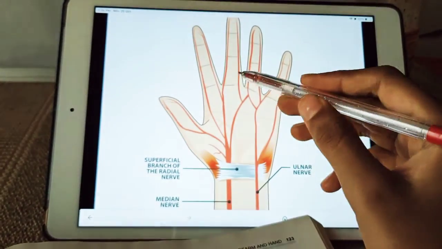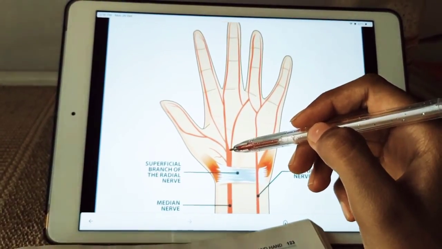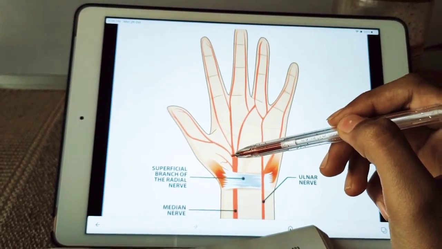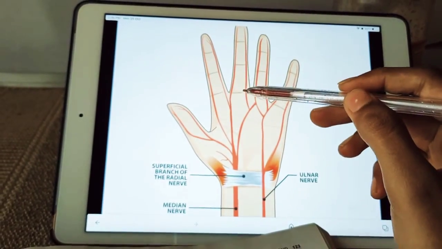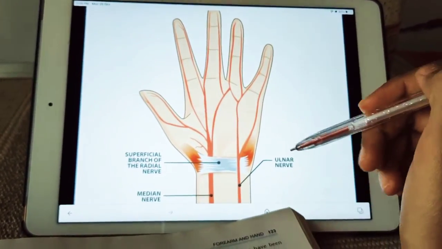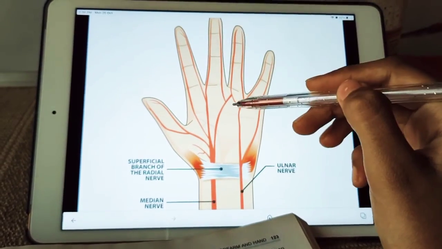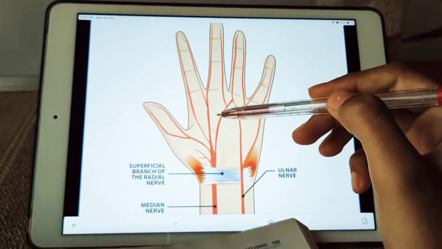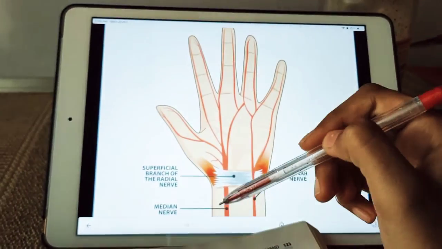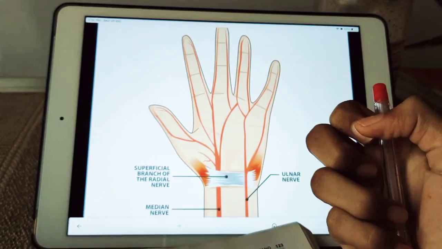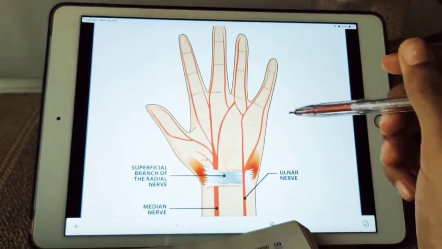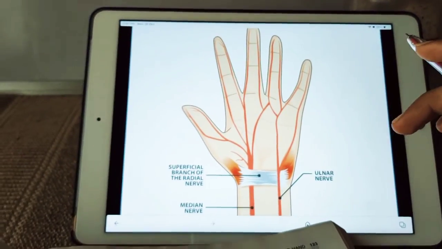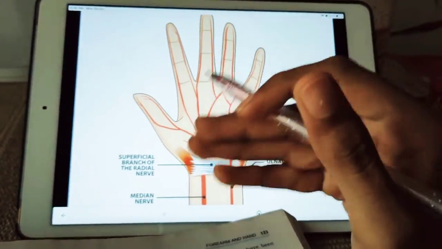And also the palmar skin over the lateral 3.5 digits with nail beds. The palmar branch supplies the lateral 3.5 digits, that is 1, 2, 3 and this half one. As you already discussed, the ulnar nerve supplies the little finger and this half. So the lateral 3.5 digits and half of the ring finger are supplied mainly by our median nerve along with their nail beds. Even the nail beds are supplied. Even the ulnar nerve supplies the nail beds of the little finger and also half of the ring finger, right? So this is about our median nerve.